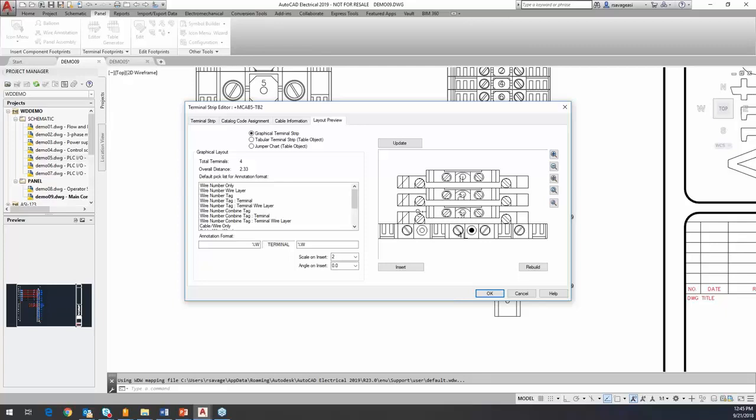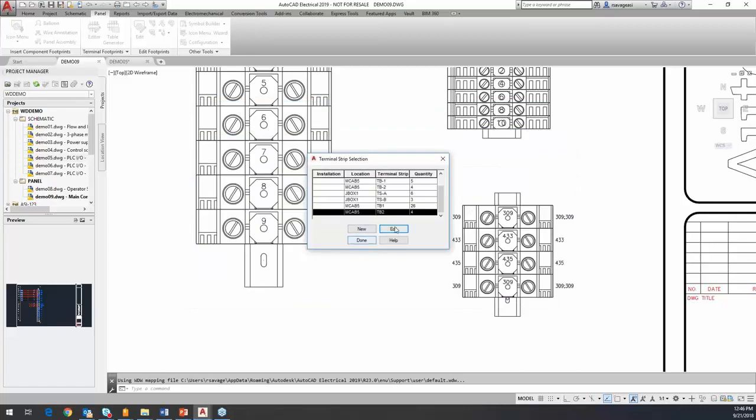I think I had actually grabbed the wrong set earlier and was showing the wrong terminal blocks on that. So I do apologize for that. So again, I can come in and set up my information, make any adjustments I need in here. And this just kind of shows how different variations in terminal blocks